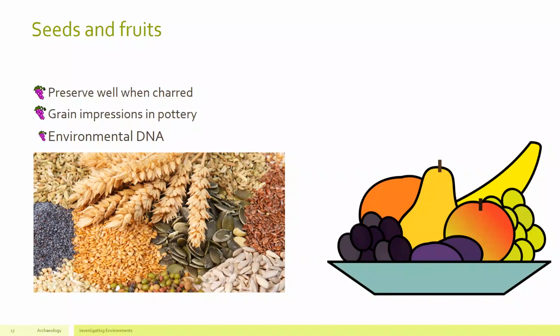We find them embedded in clay bricks where they were worked into the clay, or just impressions of them, which give us an indication of the different types of plants that were around. Seeds also preserve very well archaeologically, and we can find those. We can also extract environmental DNA from different soils depending on the preservation levels, and directly sample levels of DNA from different stratigraphic levels.